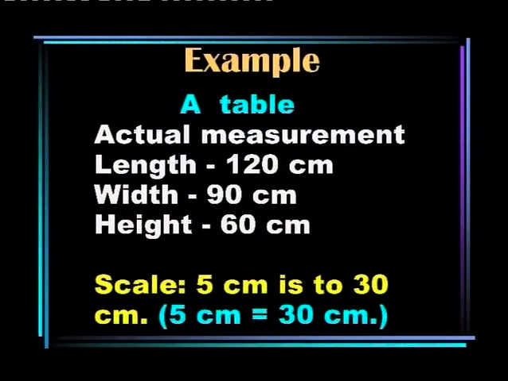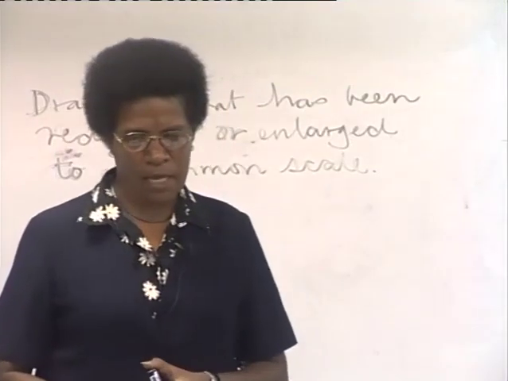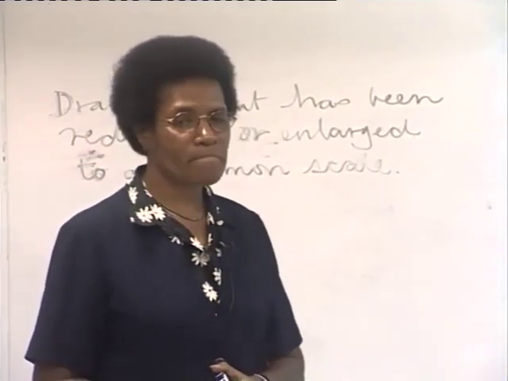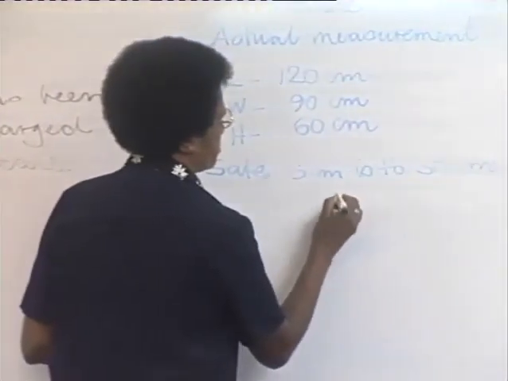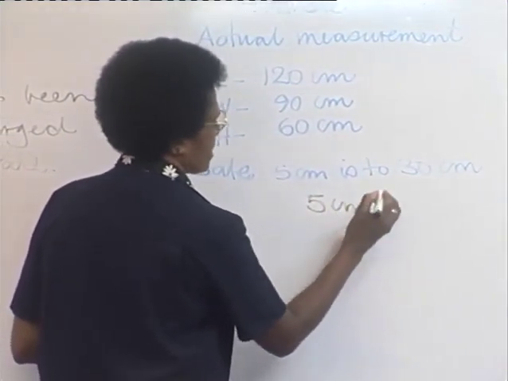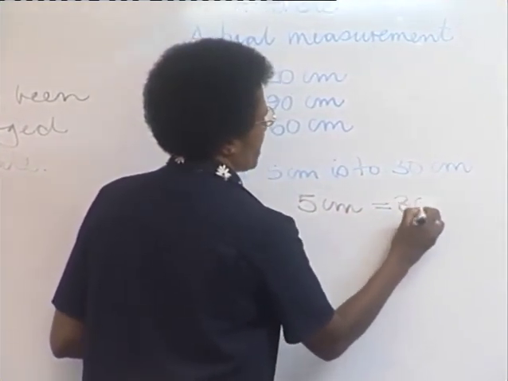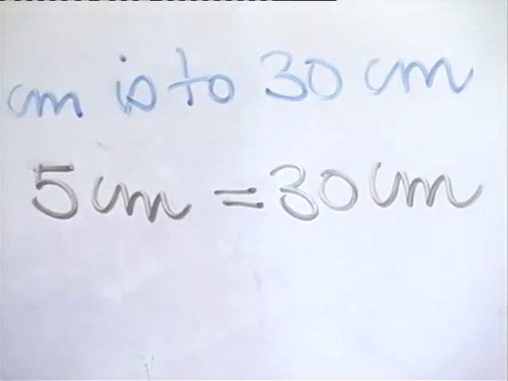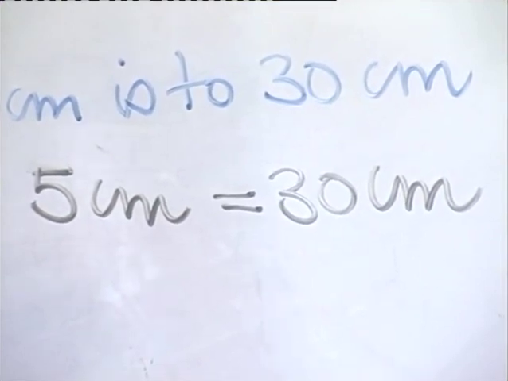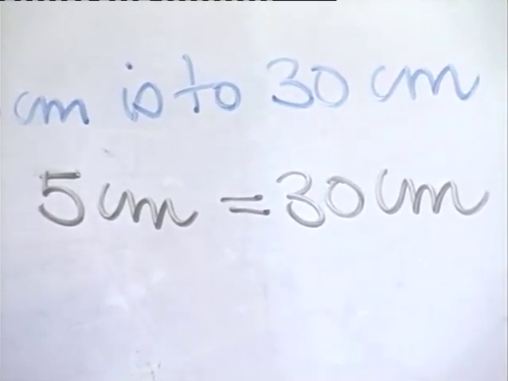Now, our scale says 5 centimeters is to 30 centimeters. How do we say 5 centimeters is to 30 centimeters? 5 centimeters is equal to 30 centimeters. Okay, so we say 5 centimeters is equal to 30 centimeters. Now let's have a look at what we have here, and we are all going to work together as a class